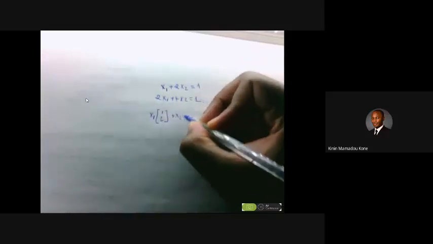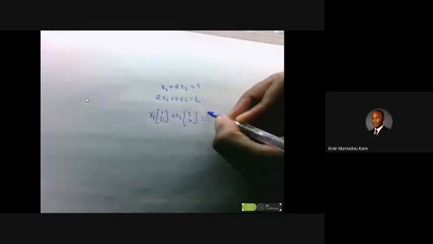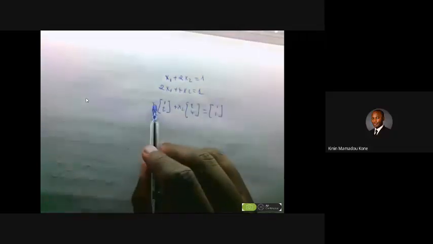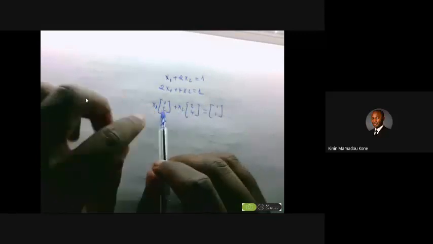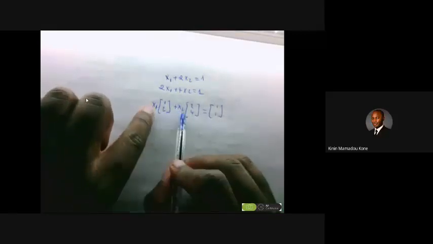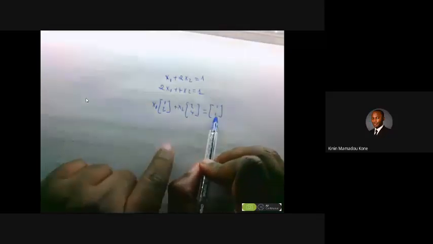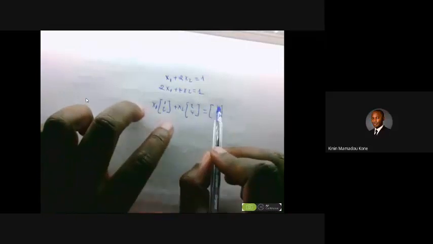So you have something like x1 plus 2x2 equals 1, and 2x1 plus 4x2 equals 1. So x1 times (1, 2) plus x2 times (2, 4) equals (1, 1). The question is, what numbers can you plug in here and here such that you get 1 and 1? And if you are able to find those two numbers and you get 1 and 1,